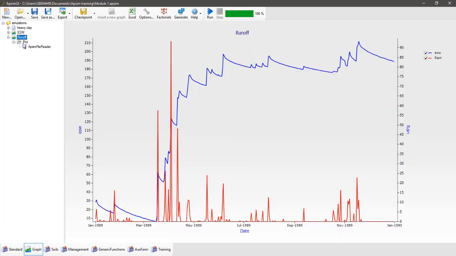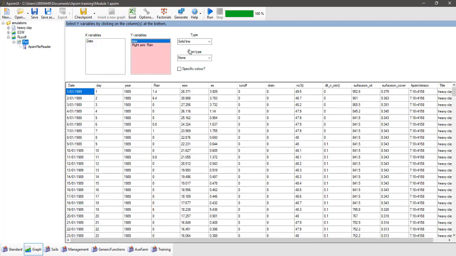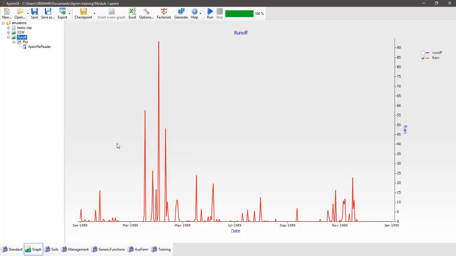Now to expand out all the nodes underneath the runoff graph, select the plot node, and we want to change from ESW. So select ESW under the Y variables and delete it, and then select runoff from our data table down the bottom here. And then if we click back on our graph here, you'll see here we've got